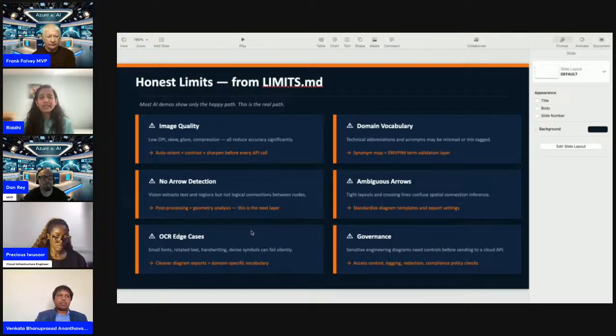Sometimes domain knowledge is quite difficult to extract, and having ambiguous arrows is also one of the limitations. Again, governance is the big point. Sensitive engineering diagrams need control before sending to all these cloud APIs, so that's a limitation.